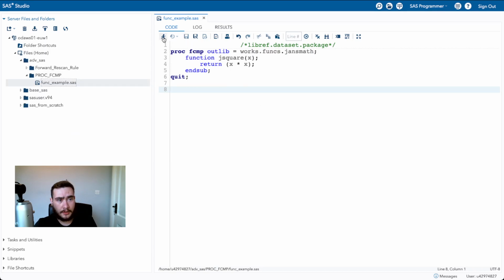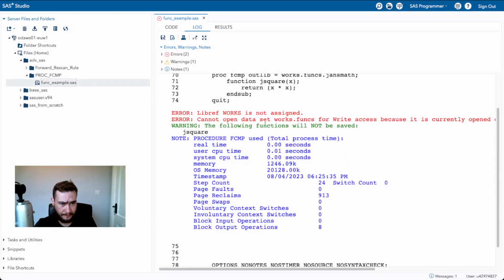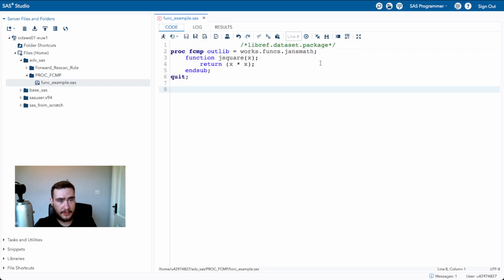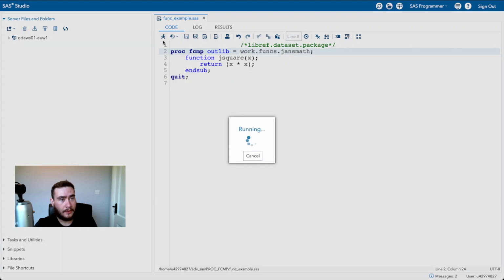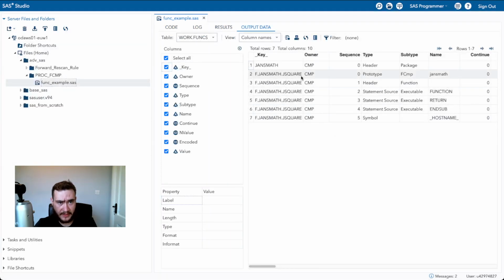Now we can run this. Sorry, there is no works library, it's a work library. We can run this, and you'll notice that SAS does create this funcs dataset, and in this dataset it specifies